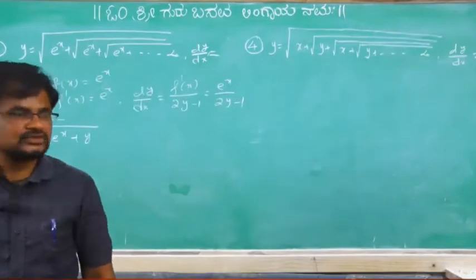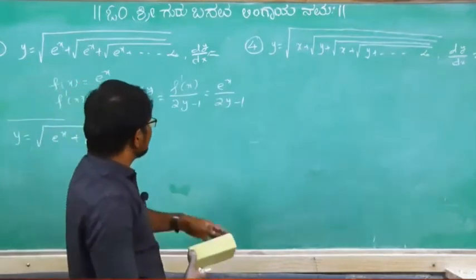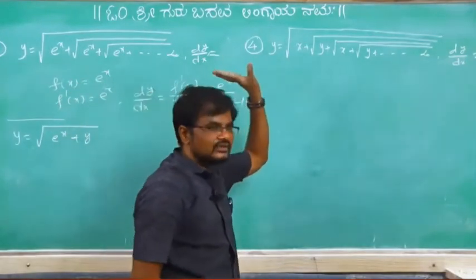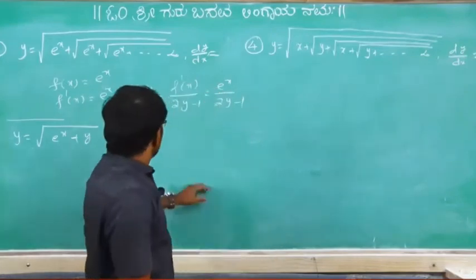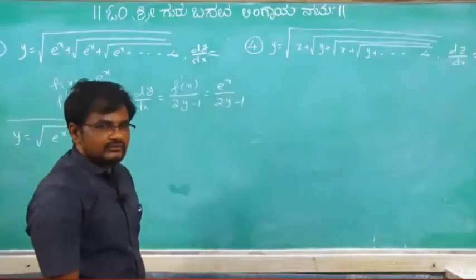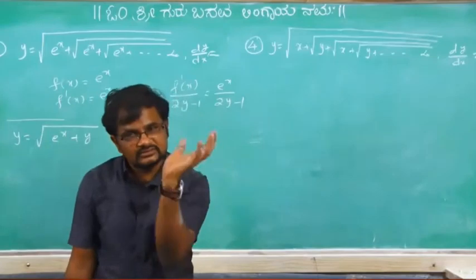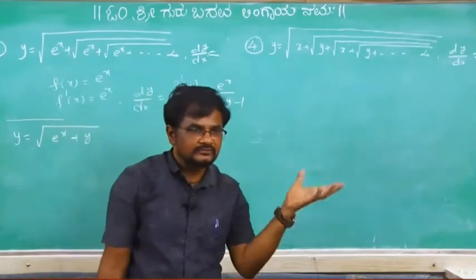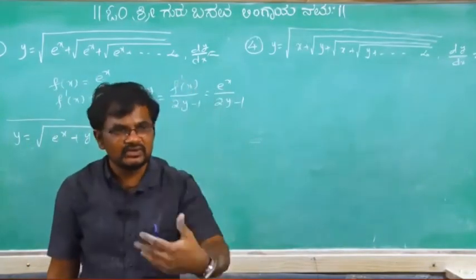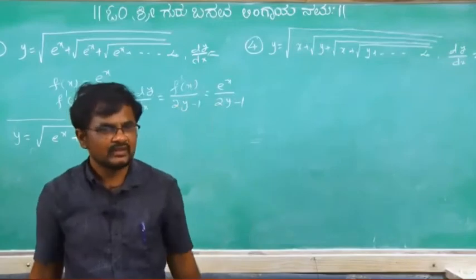In this problem, these are the basic problems. If you find the period of this one, definitely you will get this answer. From where it is repeating, that one you identified, that one you take as y again. Then you solve the problem by squaring on both sides and differentiating as it is.